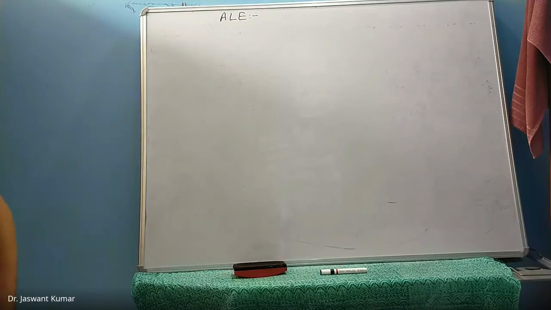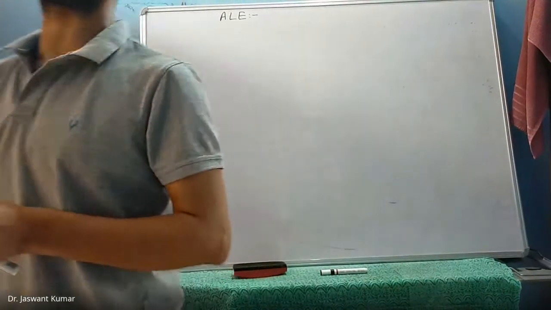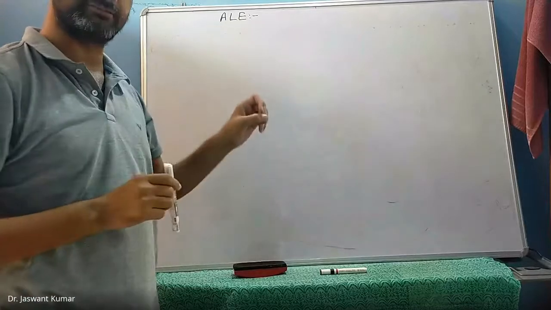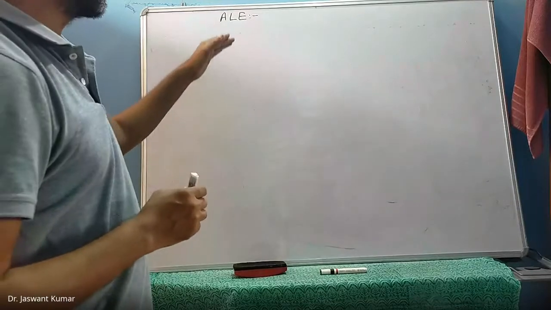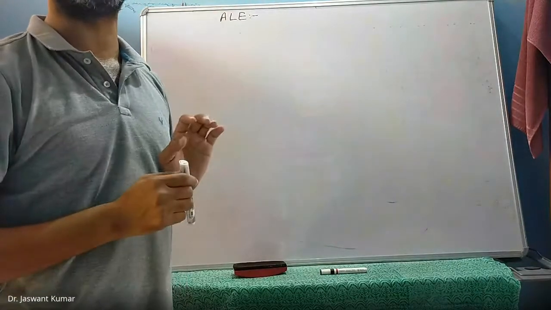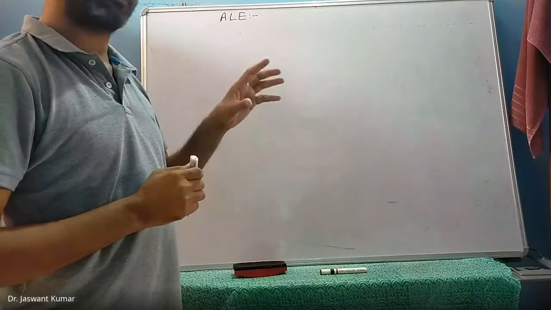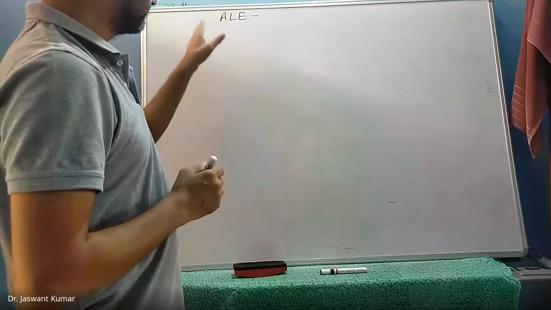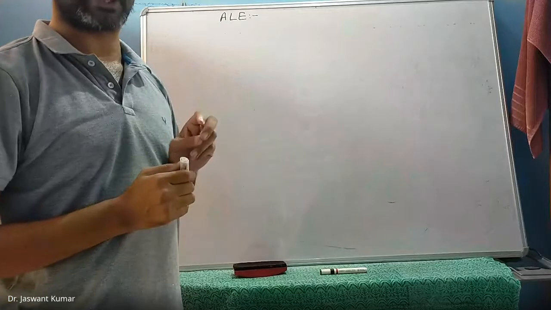So can you please tell me what were we doing in the last class? Yes, sir. In the last class we wanted to have some expression for the associated Legendre equation. We already know the expression for the associated Legendre equation. We wanted to get the solution for it. Just like P_L of x was a solution for the Legendre equation, we similarly wanted to find the solution for the associated Legendre equation.